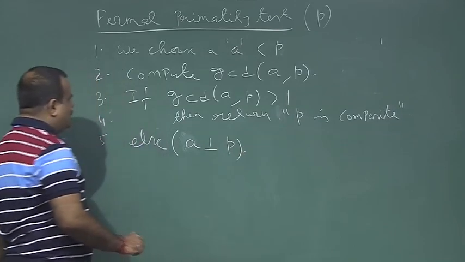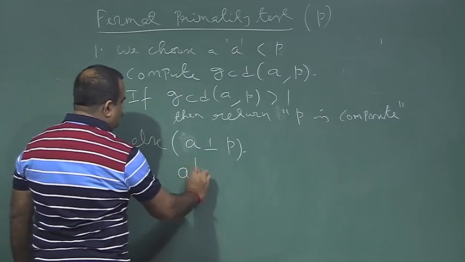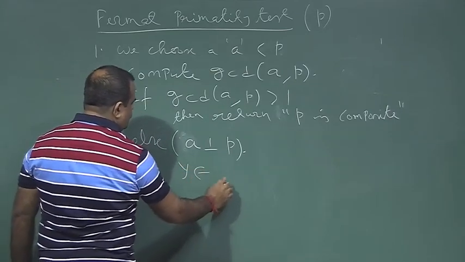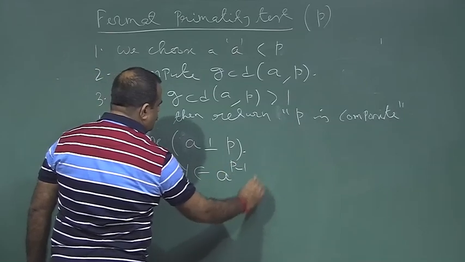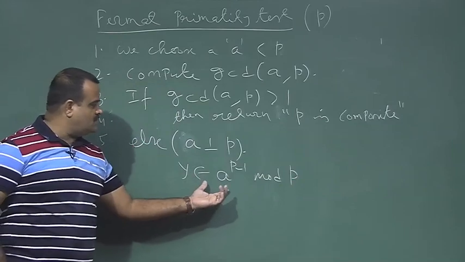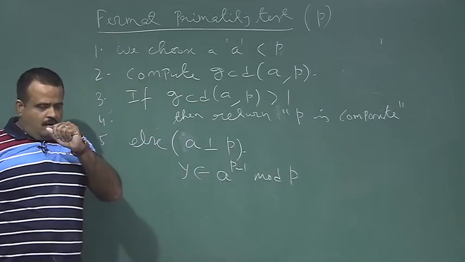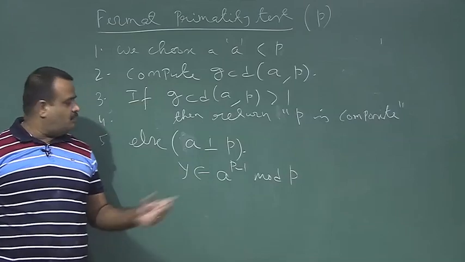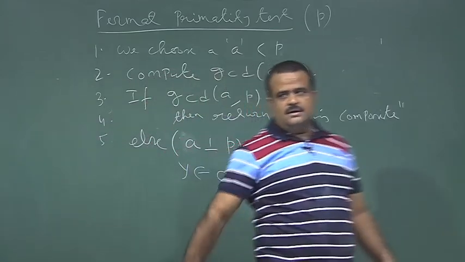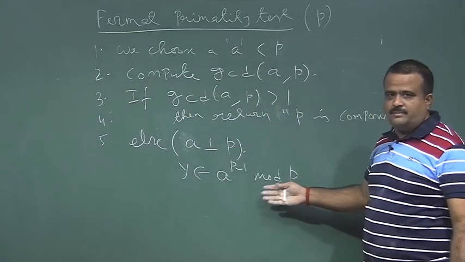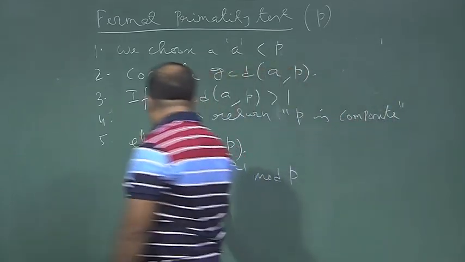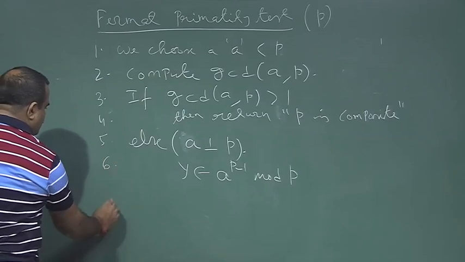Okay. Then what we do? We compute A to the power P minus 1 mod P and store it into y. How can we compute this? This is just powering a number. We have seen this for RSA, the square and multiply method we can use. So, one can do this powering. So, we check this and then we see whether